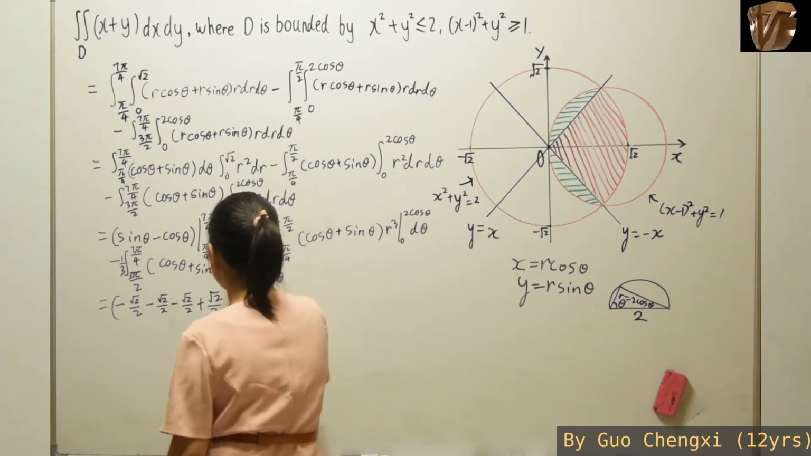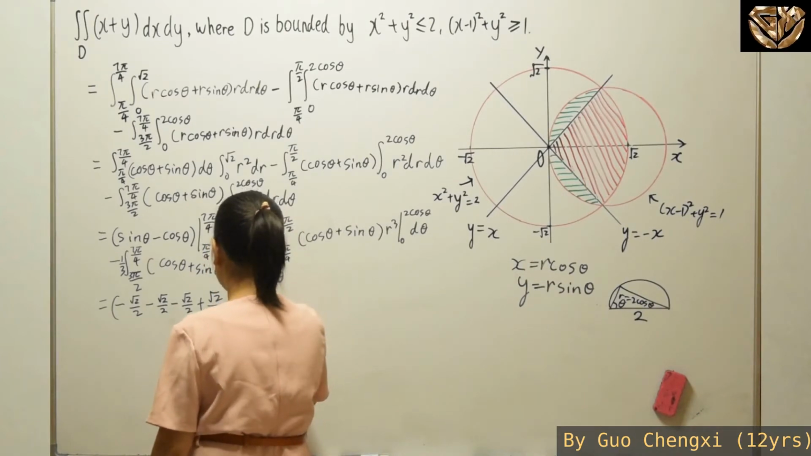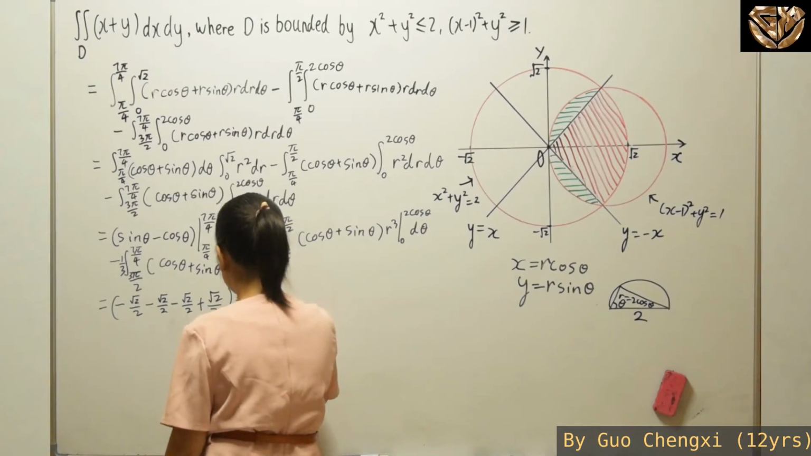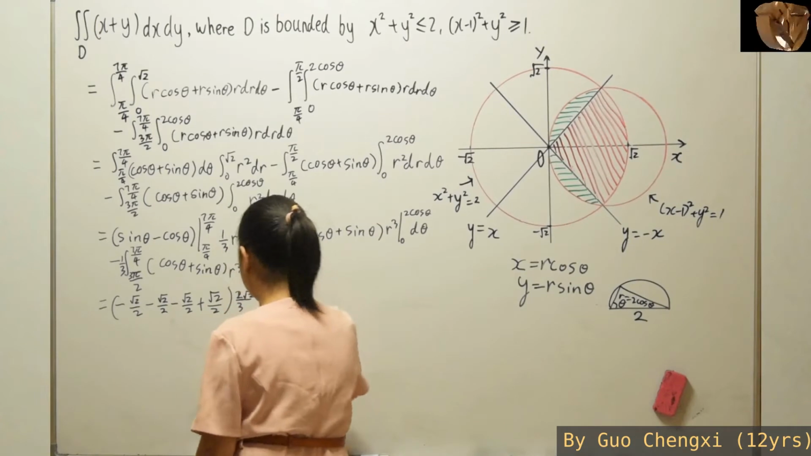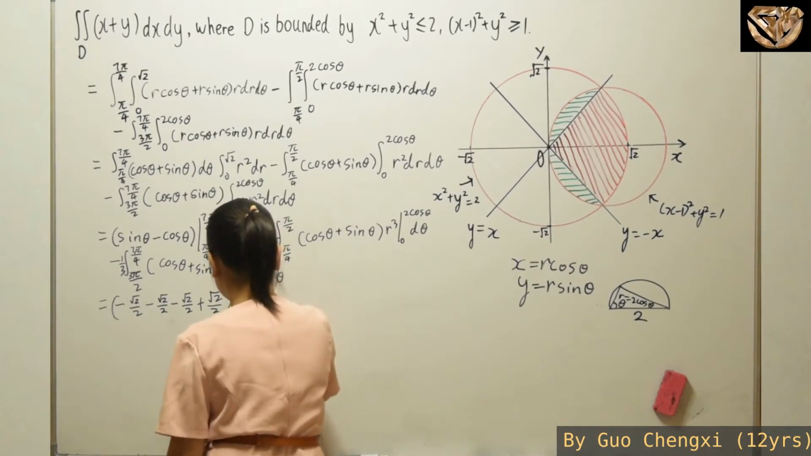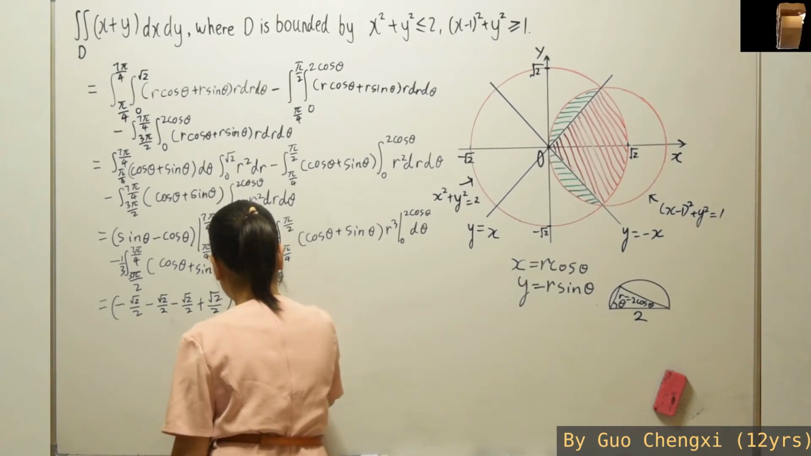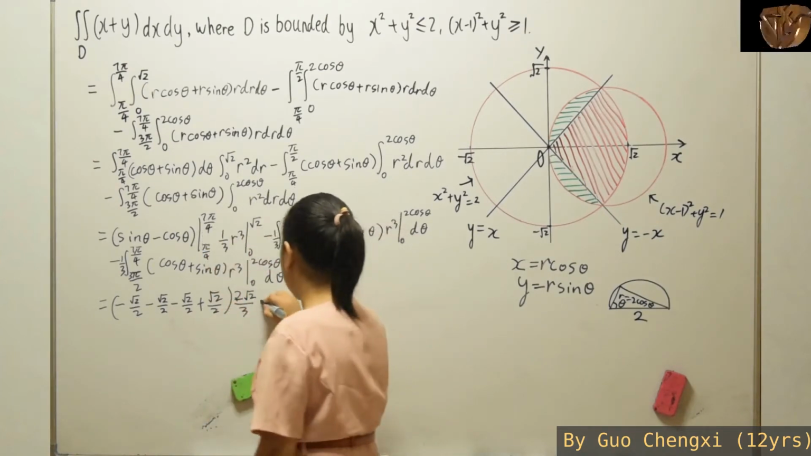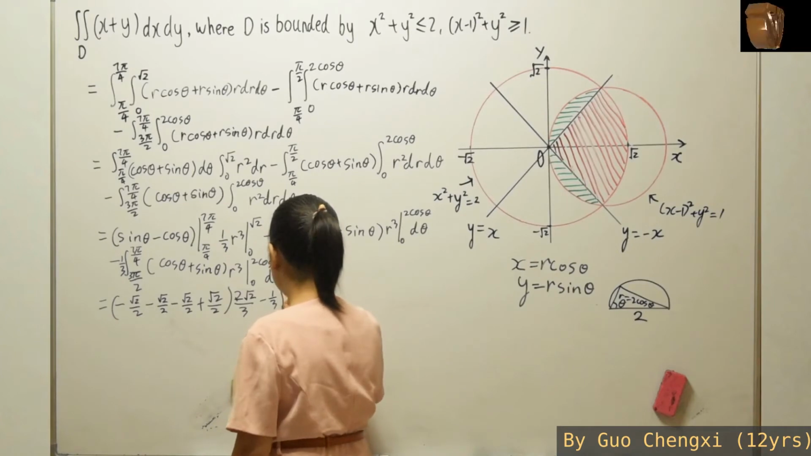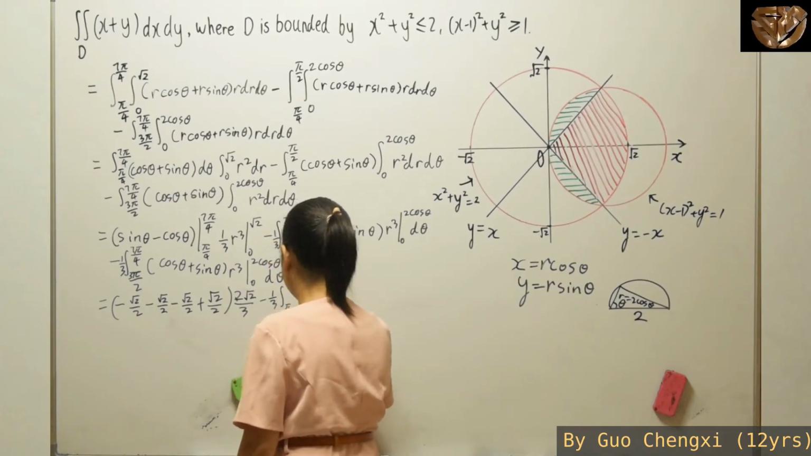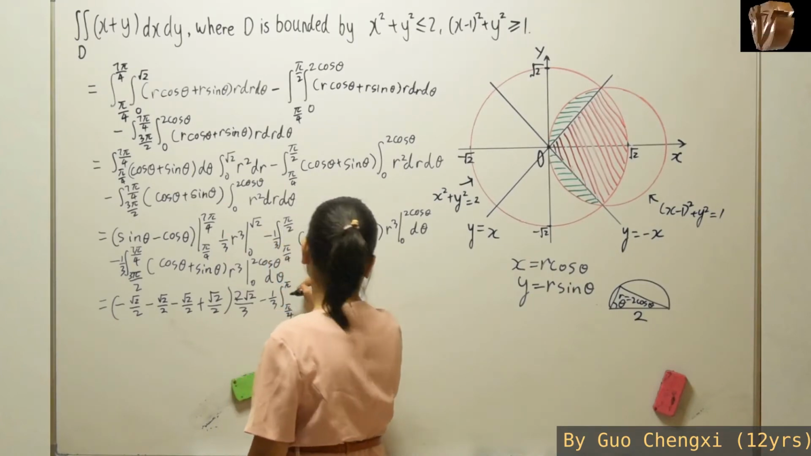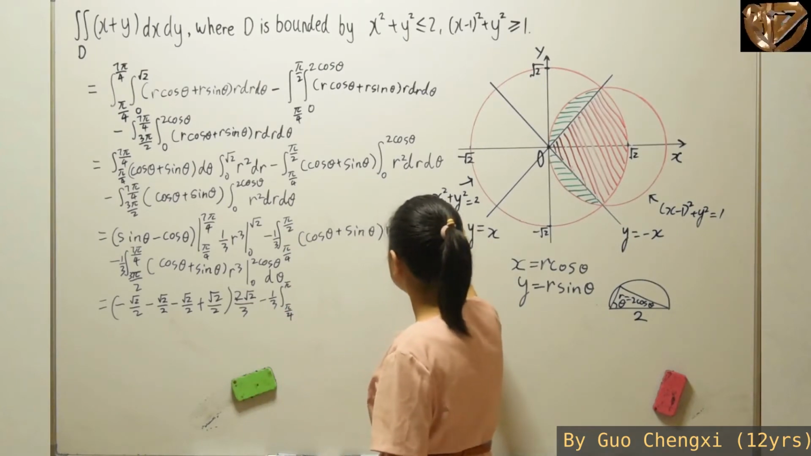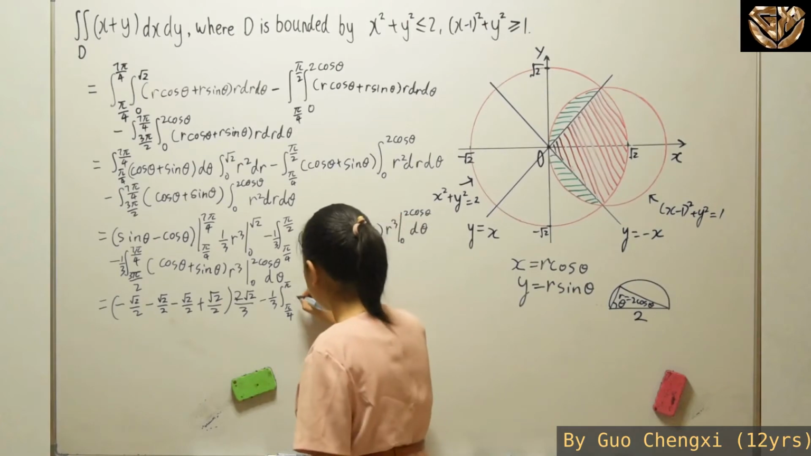Well, for this part, we're going to have 1 over 3 times square root 2 times square root 2, so 2 square root 2 over 3. And now for this part, we're going to have 1 over 3. When it's 0, it's just minus 0, so you can just straight up sub in this and you'll get